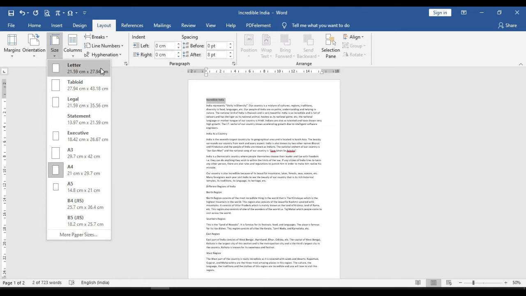The default size of letter is 21.59 cm and 27.94 cm. Okay. The other options are tabloid, legal, statement, executive, A3, A5, B4, B5 and more options are there.